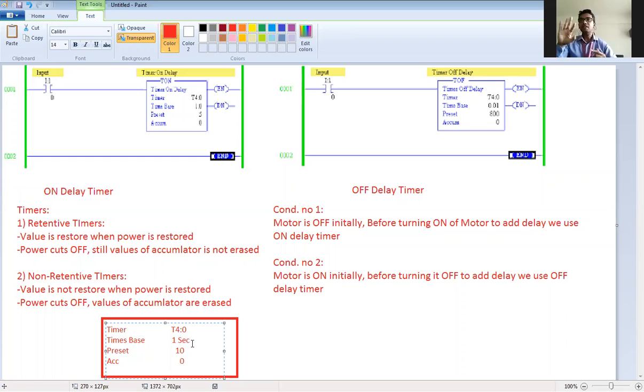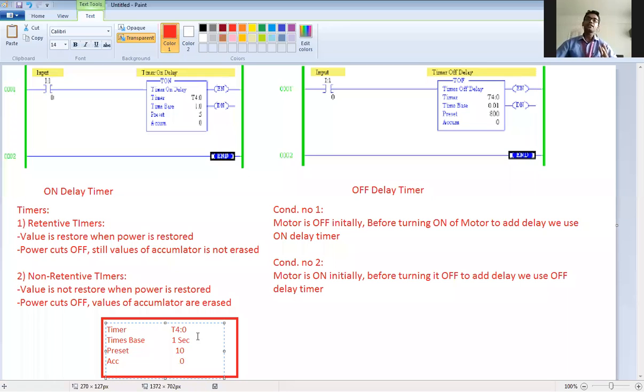If you want a precise delay, you go for 0.01 or 0.1, or if you have to give a delay with large timing, then you can go for 1 second.